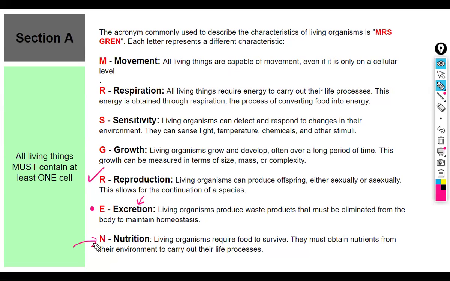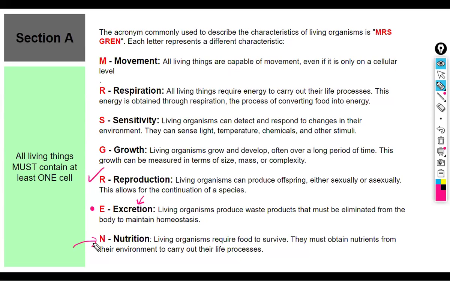And the last one is all living things must get nutrition. It must have a way of getting nutrition inside of its body. Human beings eat. We put food in our mouth, and we eat it. So that's how we get nutrition in our body. Now, not all living things have a mouth, like plants. Plants get nutrition by what? A process called photosynthesis, or they use their roots to absorb nutrients from the soil.